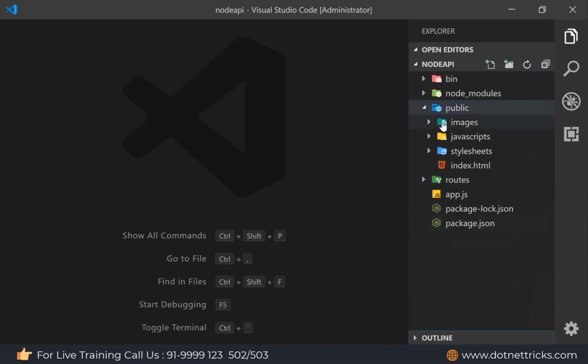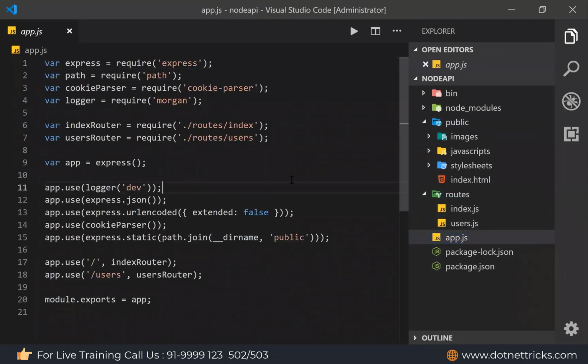So don't worry about what the folder is created. It's actually as per the web application, but the web application part we are not willing to use. We are just willing to use only the API one. So this index router we are not using. We are actually using the router for the API.